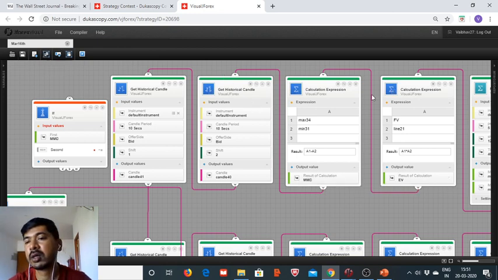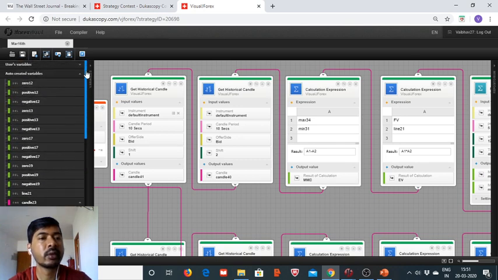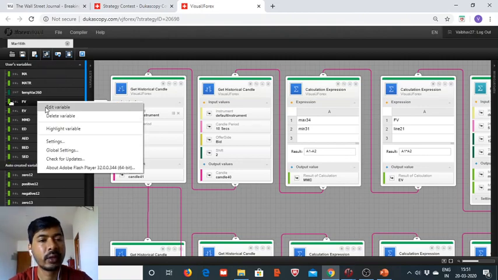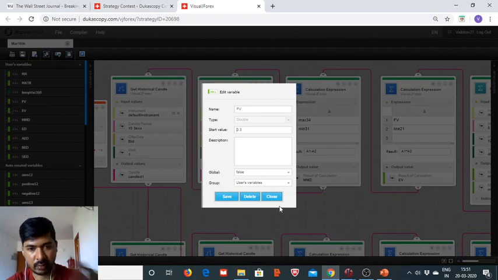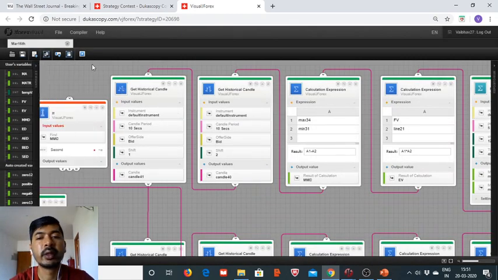Let me check the FV's value. It is 30%, but let us be sure again. Variable, and it is FV. Yes, it is 30% of last day's ATR,